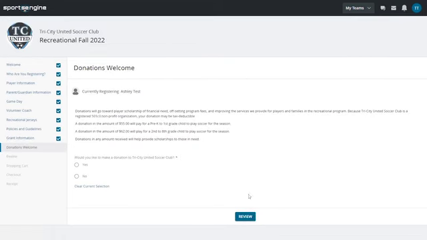And then this is the last page about donations. If you would like to make a donation to Tri-City United Soccer Club, we would appreciate that. We are a 501c3 nonprofit, so any donation is tax deductible. And we depend on donations in order to operate. I'm going to choose no, and then I'm going to choose review, which will bring you to the review page